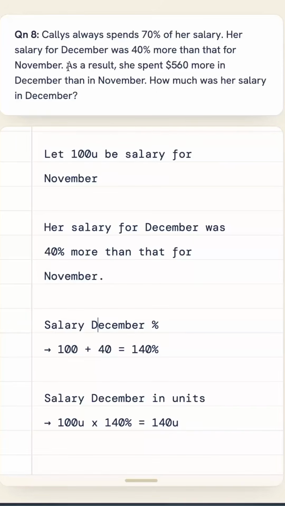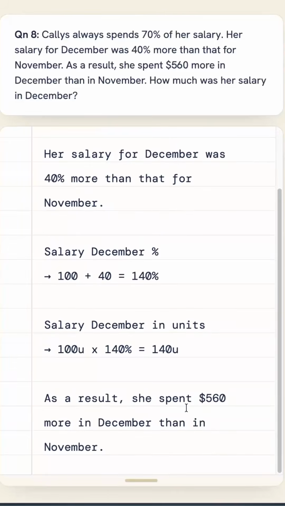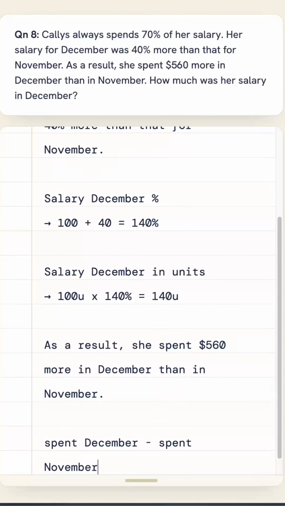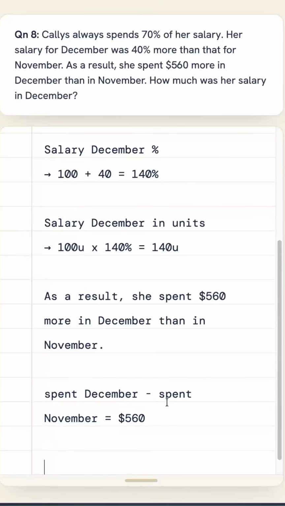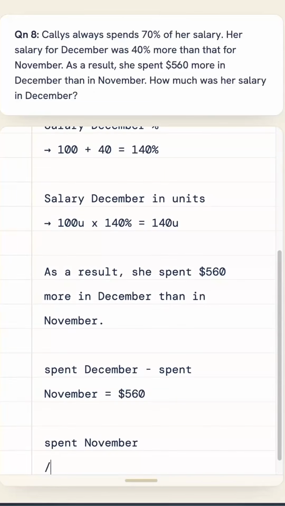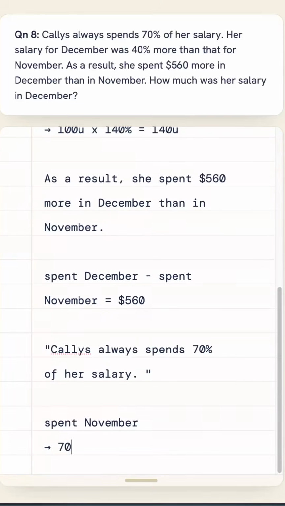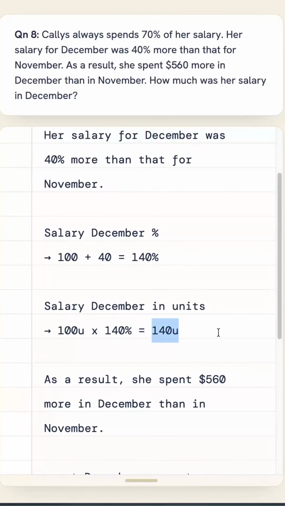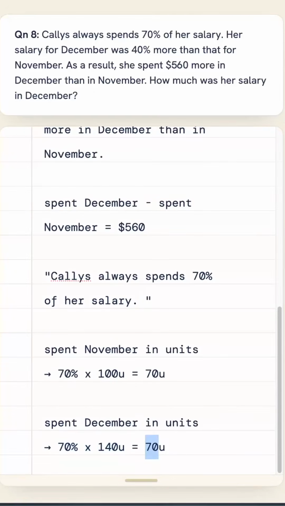So we also know that as a result, she spent $560 more in December than in November. That means spent December minus spent November is equal to $560. So what did we spend in November? It is basically 70% of 100 units for November. This will be 70, and spent on December is basically 70% times 140 units, which would then be equal to